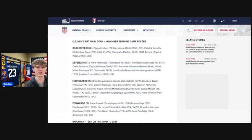It's just weakening the players by playing them out of position. I'd much rather either play a back 3, experiment with that a little bit, or just have Scally there. Realistically, without an injury, and we hope, obviously, there are no injuries, Scally and Jedi will go the full 90 both games, but not having a single backup at either of the fullback positions, I think is a little bit